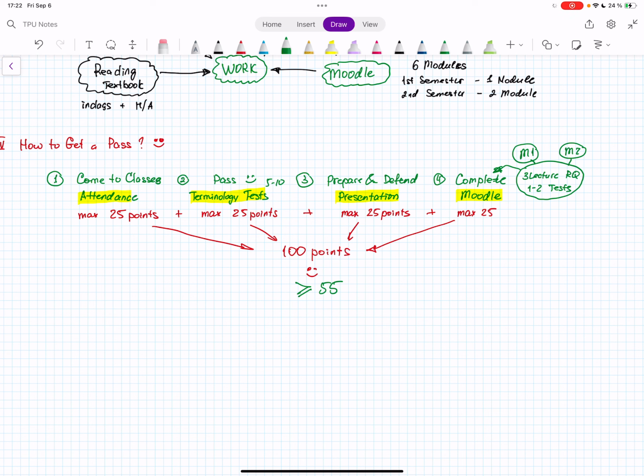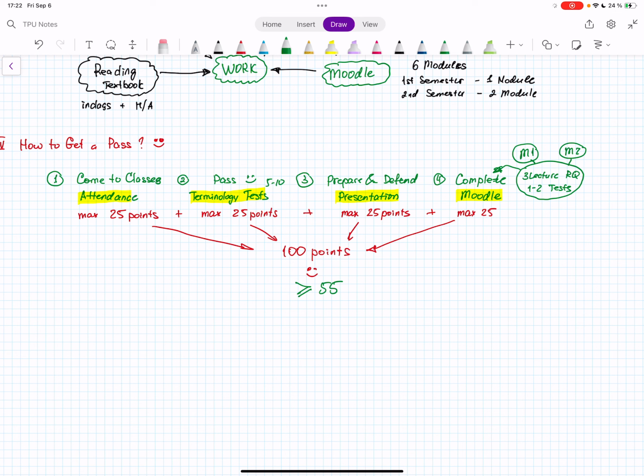Well, the only way you can do it is if you have a written permission from the administration that you are not able to come to classes, you have a special need or a special situation in life, then I will allow you to just do activities 2, 3, and 4.